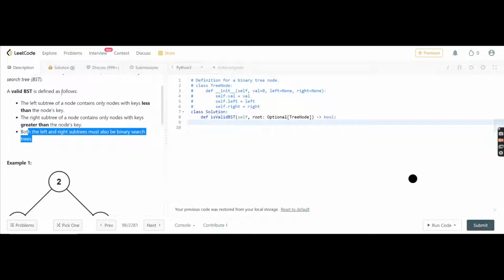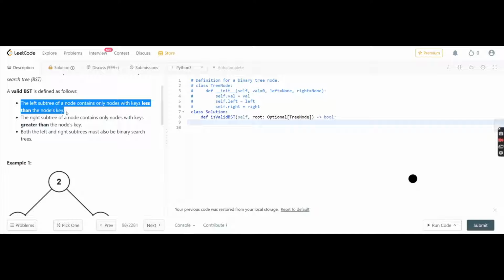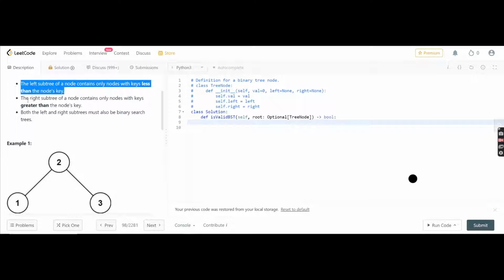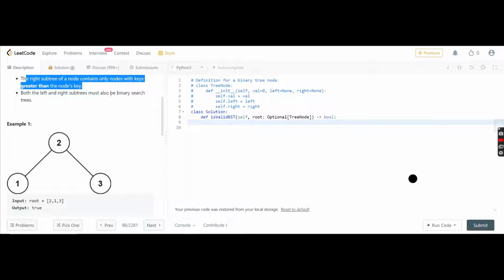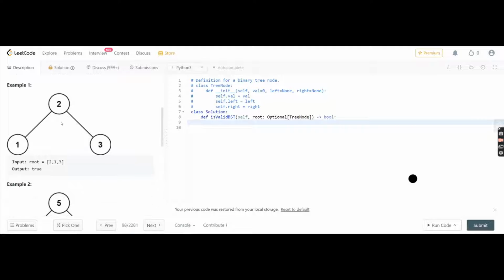A valid binary search tree is defined as follows. The left subtree of a node contains only nodes with keys less than the node's key. The right subtree of a node contains only nodes with keys greater than the node's key. Both the left and right subtrees must also be binary search trees. In simple terms, everything on the left subtree must be less than